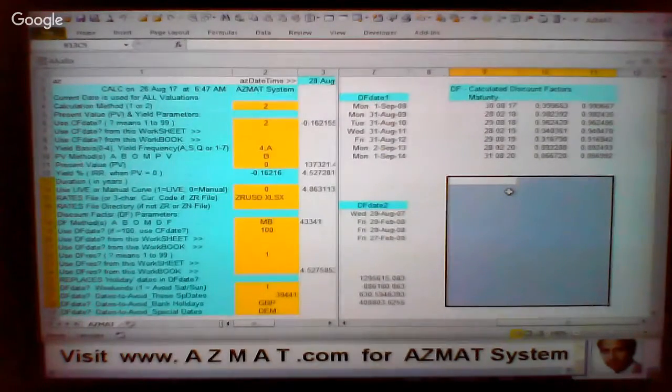The actual term, discount factor, what it is, will take quite a long time to explain, and several AZMAT worksheets to show how it's calculated and so on. We will go through that in later tutorials. It's a very